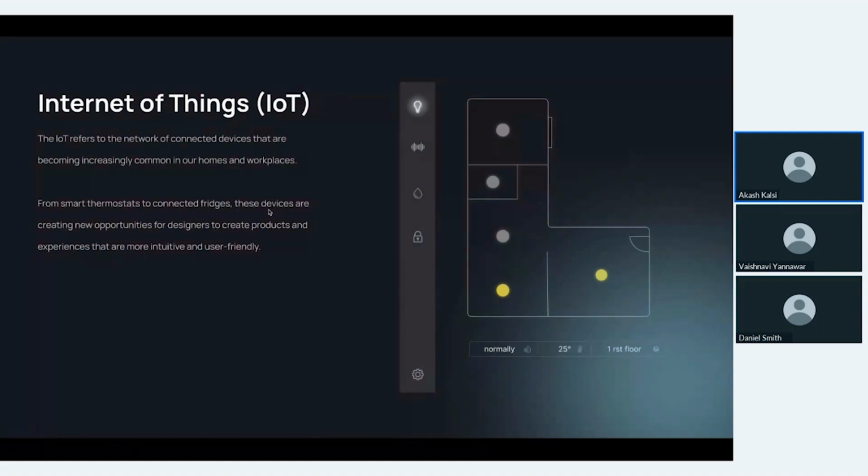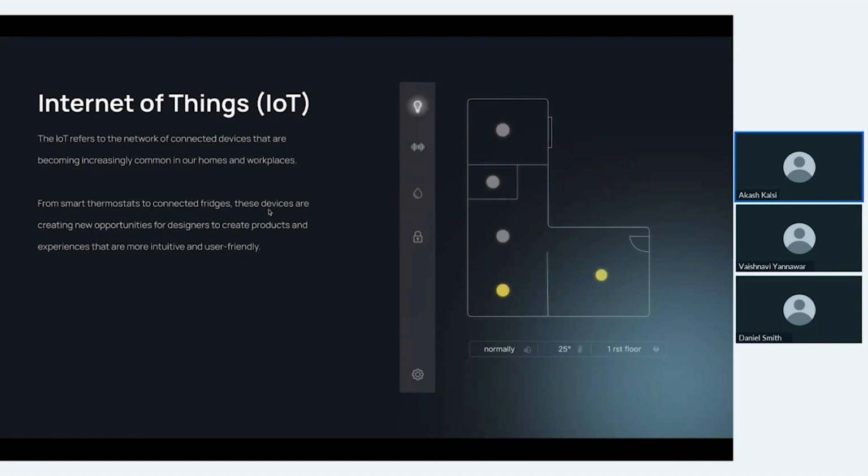If I talk about it in very simple terms, IoT is like a network of devices that are all connected to the internet, from your smart thermostat, or your security camera, or maybe your fitness band, or even if you have a smart car, all connected by the internet, and you can control everything with their apps. So by connecting to the internet, these devices can communicate with each other and with us, which makes our life easier and more convenient.